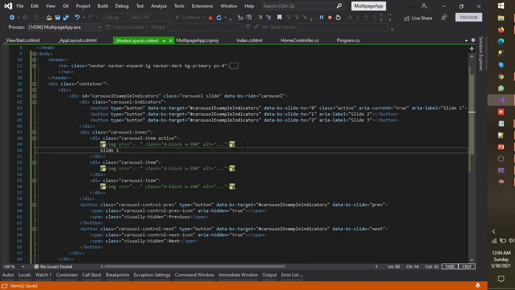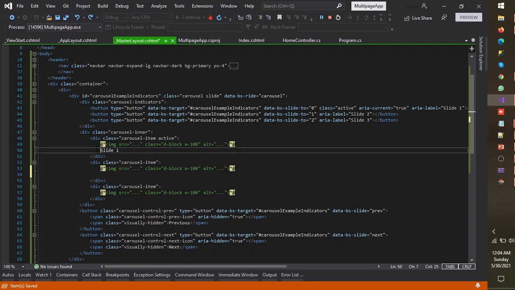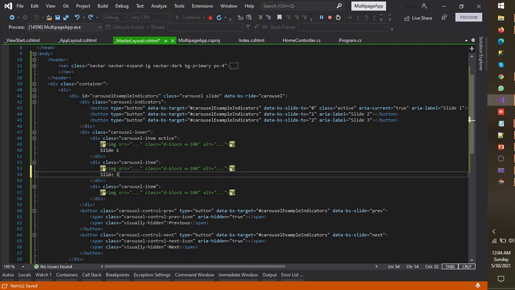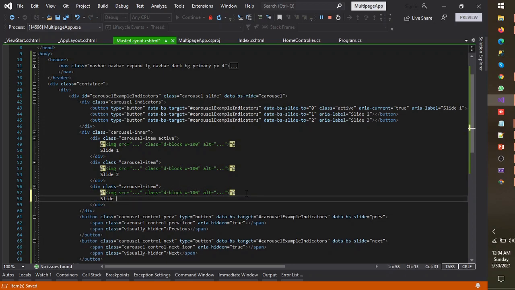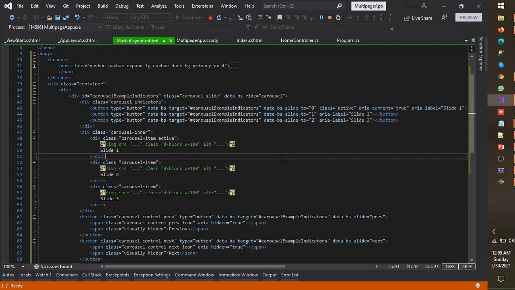Slide 1, slide 2, slide 3. Let's see what we got here. Slide 1. So that means it's working. Here is slide 2 and slide 3. Okay, so moving forward,